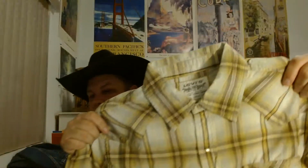So if you don't want to get burned, almost all of these will have long sleeves, but you can find Western / cowboy shirts in short sleeve. I'll be showing one later, or actually here's one now. Levi's again, also cut very small for me, but with the yokes on the front, with the yokes on the